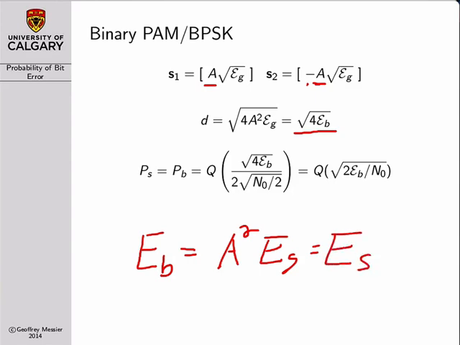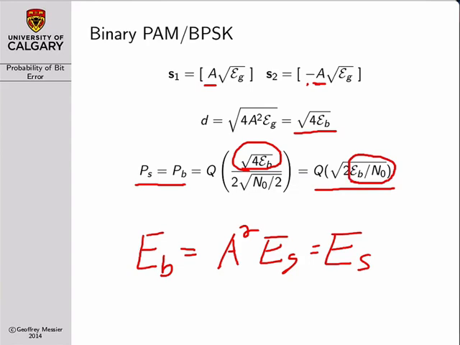And the probability of symbol error and the probability of bit error are equal because 1 bit equals 1 symbol. And so if we can take our distance expression, put it in our numerator, do a bit of canceling, then the probability of bit error for binary PAM or BPSK is equal to the Q function, and the argument to the Q function is the square root of 2 times EB over N naught. Now, you'll notice that we were able to get this expression in terms of EB over N naught,